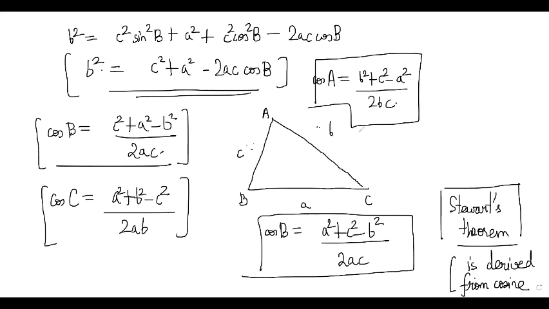Whoever is wanting to use Stewart's theorem there, it is like using a cannon to shoot a fly. Why will you want to do Stewart's theorem to find out this length? Like this is a right angle triangle, this is a side, and this is an angle. Like I can do calculus to add numbers, but I'll not do that. No, don't do such things. Just say C cos B and all.